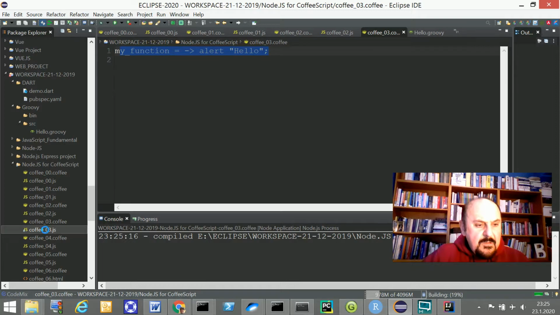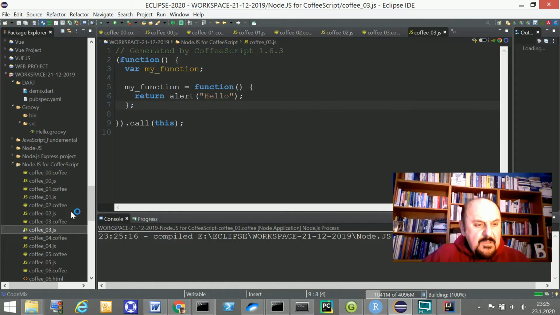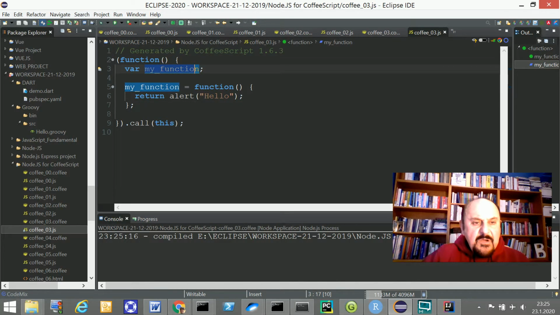okay, this JavaScript file is created from this one. Just look here, my function is created, and my function will have a return value such as alert hello, and it simply invokes itself by means of a call method with the argument this, and when I run this one,